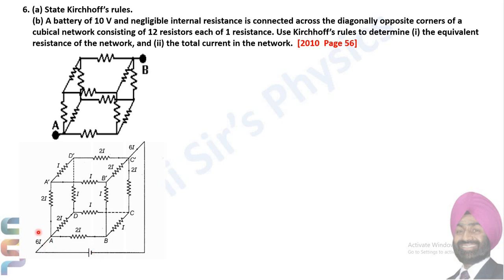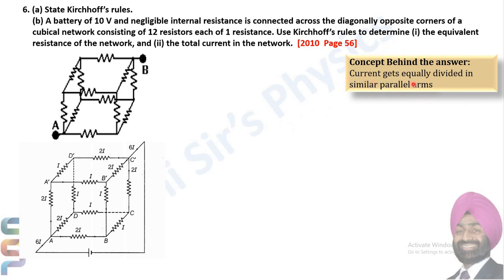Okay, so I think you have managed to understand why 6I, because if you take I, then it should be I by 3, I by 3, I by 3, then I by 6, which would be difficult to manage. So 6I is an easy way to manage the problem. Okay, so now see the beauty of Kirchhoff's rules. This question appears to be very complicated, but Kirchhoff's rules would make it very easy. So let's move from the battery through these three resistors, or you can choose any other path also, to the negative of the battery.